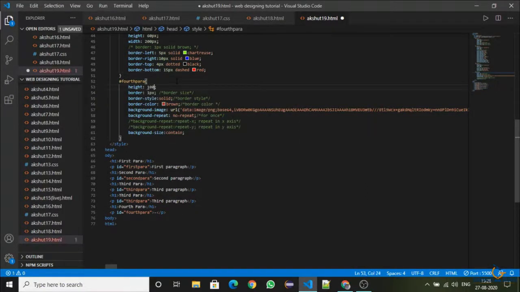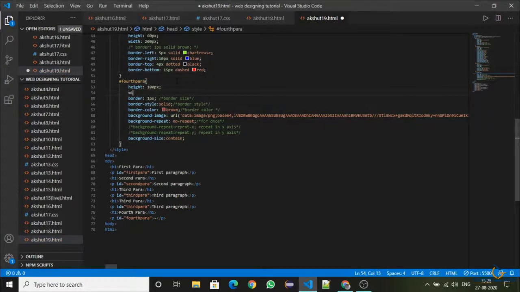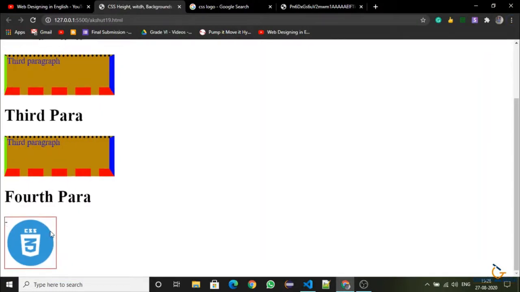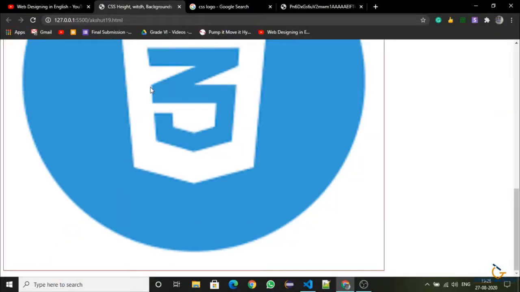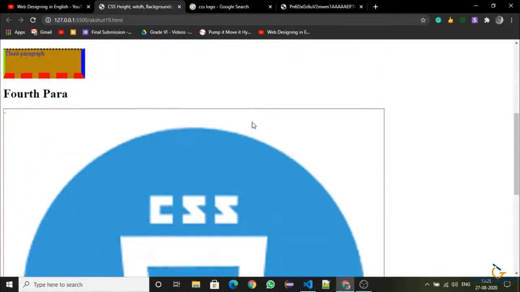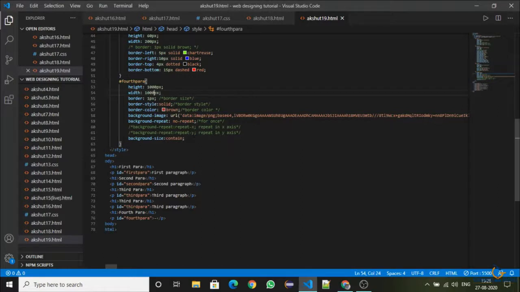If I do height 100 pixels and width 100 pixels, then it would be changing the element's width and the background width. If I do 1000 pixels on both sides, you see it will happen like this. Okay, so this is background size, so I will just remove this. If we do contain, then it will happen like this.